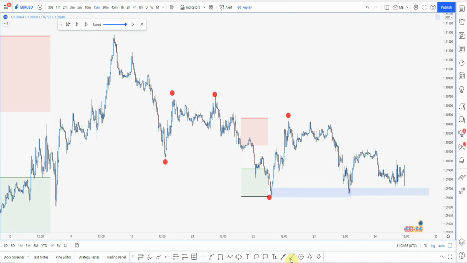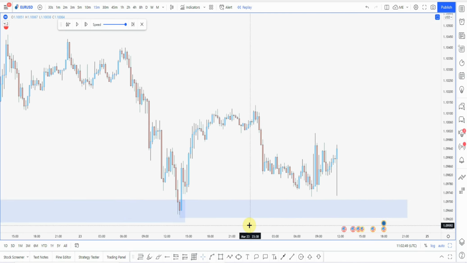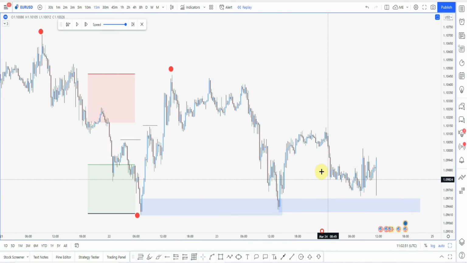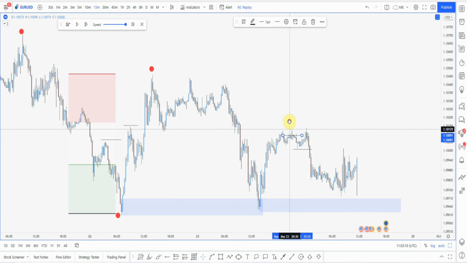Okay, the market broke structure to the higher side. Again the market broke structure to the upside. Since then, what are we looking for? We're looking for buys. But yesterday my bias was bearish. Only yesterday. Okay. You see the market broke structure to the downside here. The market took liquidity and broke structure.